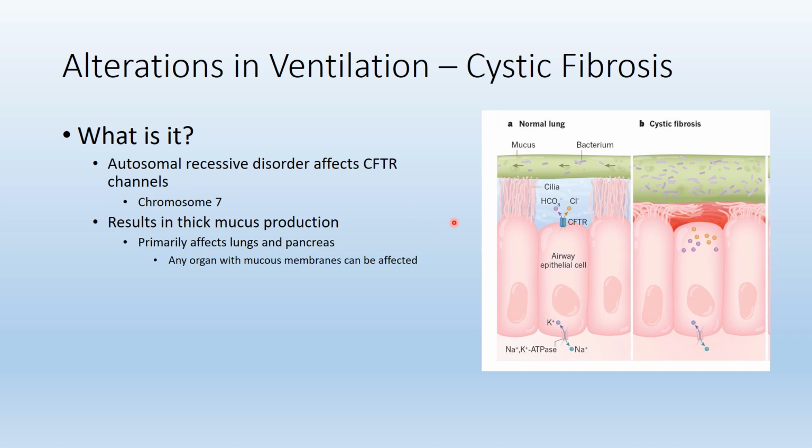It mostly affects the lungs and the pancreas, which both have mucous membranes. Anything with a mucous membrane is going to be relatively affected. We know that individuals with cystic fibrosis have a relatively short lifespan. This lifespan is due to the problems associated with the inability to transport chloride. If you prevent the movement of water, let's say in the lungs, it will prevent exchange, so we might be unable to exchange gases as efficiently between our